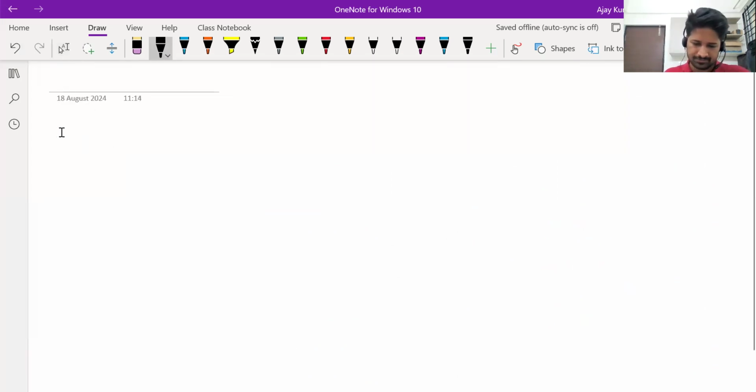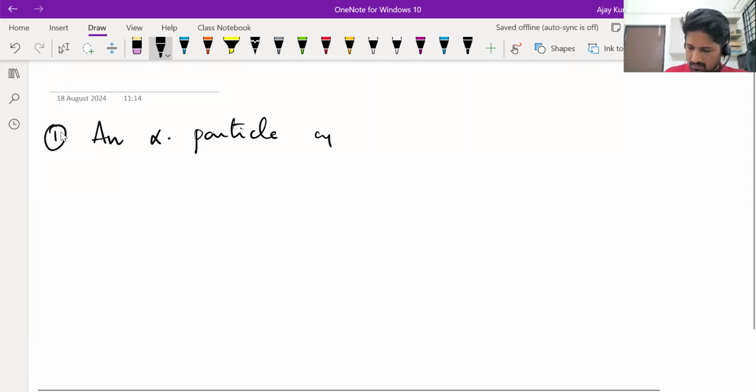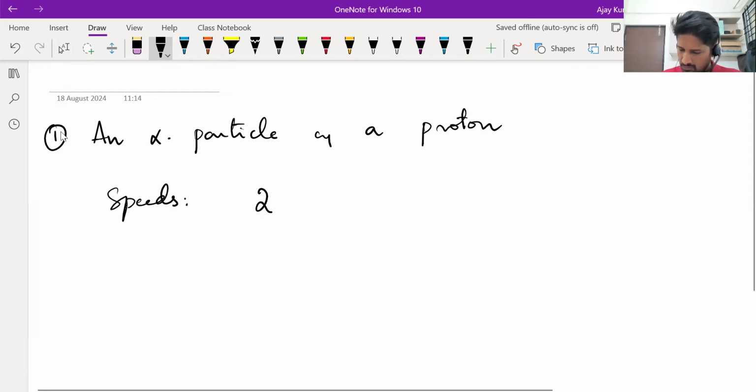Solve one question first. An alpha particle and a proton. Let's say their speeds are in the ratio 2:1. So alpha particle speed to proton speed, the ratio is 2:1. And they enter a uniform magnetic field. They both enter into the same magnetic field with speeds in this ratio. So derive or calculate